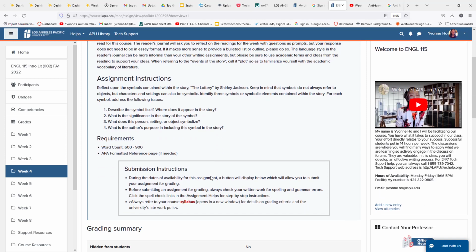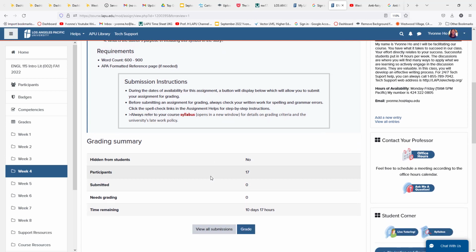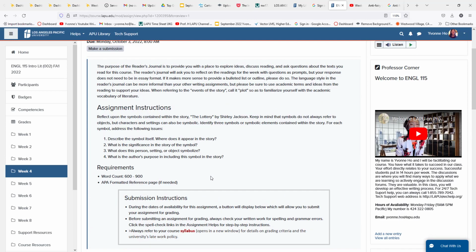mean. And so here, no one has done the assignment so far, and so basically when we talk about symbols, as a writer, sometimes we want to add more layers of meaning to a story. So I remember reading a story about a vase. It was about a vase that was shallow and empty. And that symbolized the shallowness and emptiness of life, or it was, now I remember, it was a vase